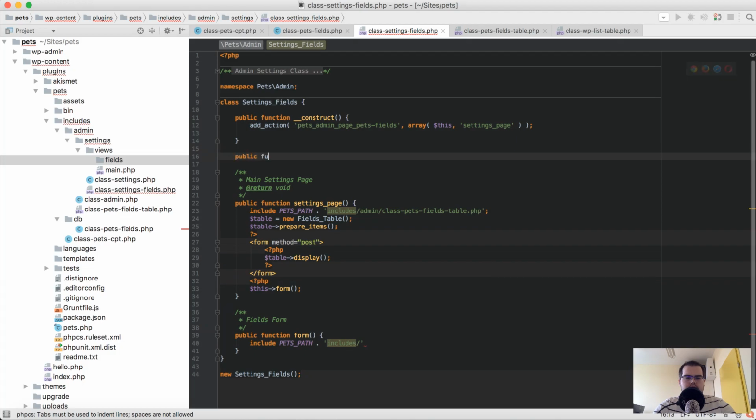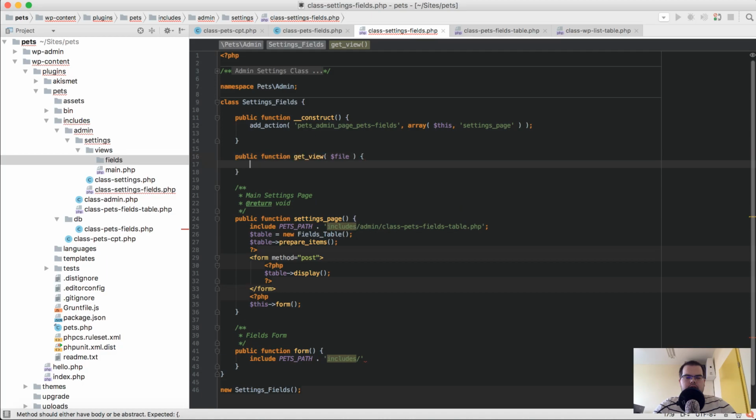I'll just say public function get fields view, or just get view like that, and then the file will go here, and we'll say the file path is like that, and then we'll say inside the admin views and settings